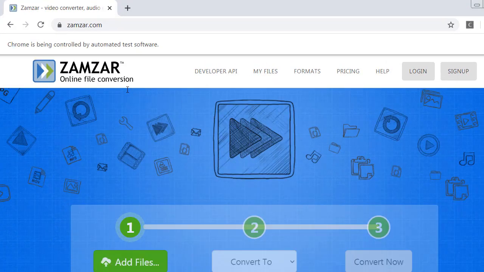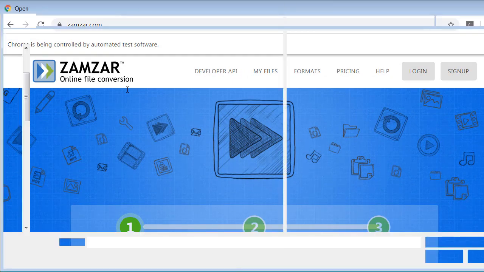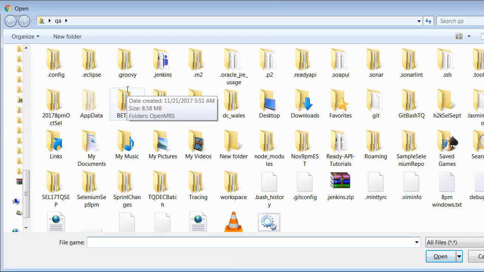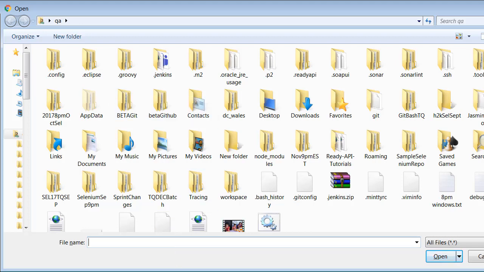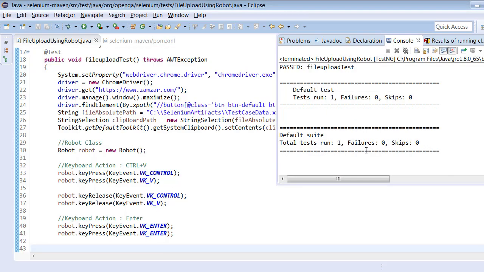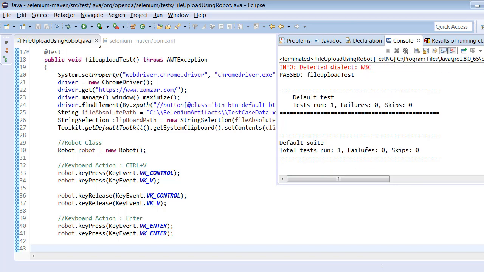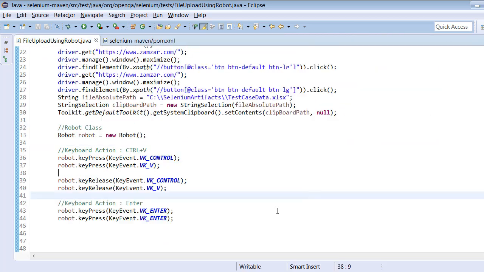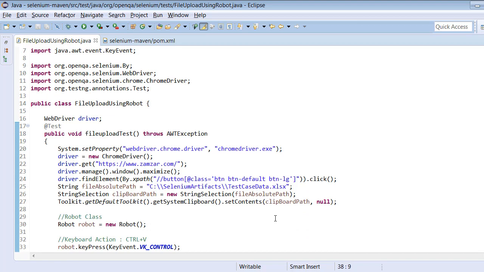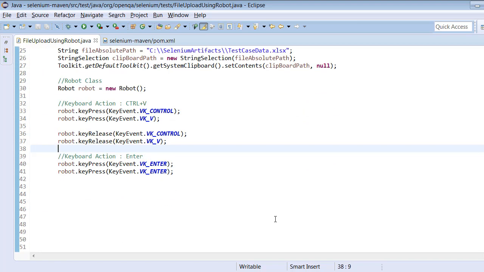The browser is maximized, and we are trying to click on the button here, select the file path, enter the file path and see how it works. Okay, the program is not able to provide the path here. There is not even an error, but the program is not able to select a file here. So what might be the reason here? Okay, so let's find out now.